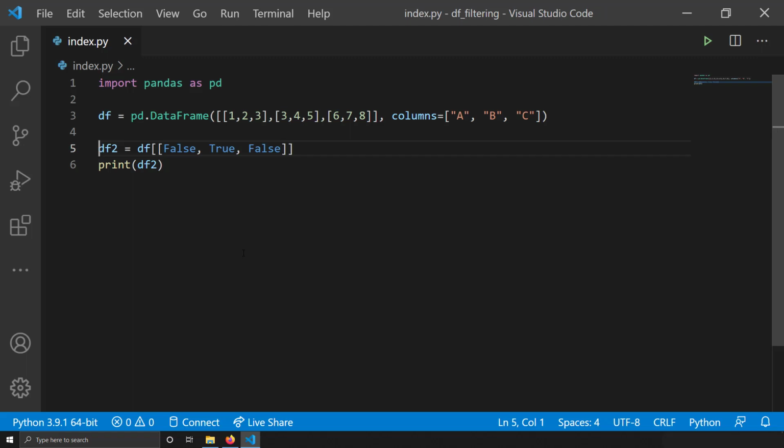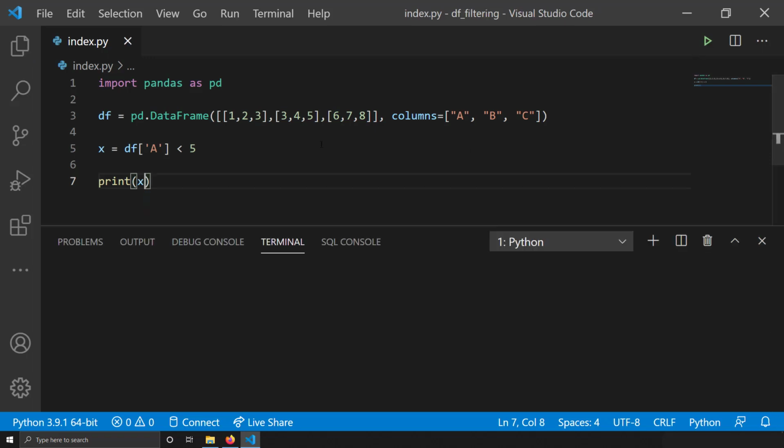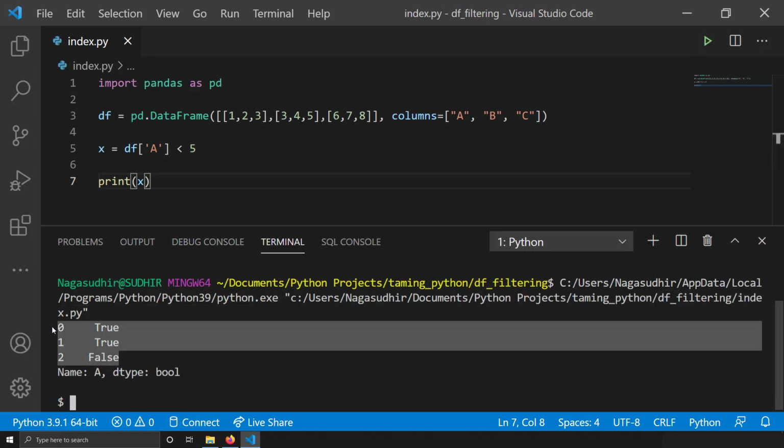Let me also explain the scenario of multiple conditional statements. If I write df of a less than 5 and store it in a variable called x and print it, and run this, you can see I've got True and False values.